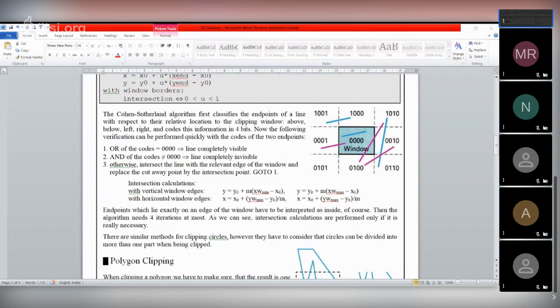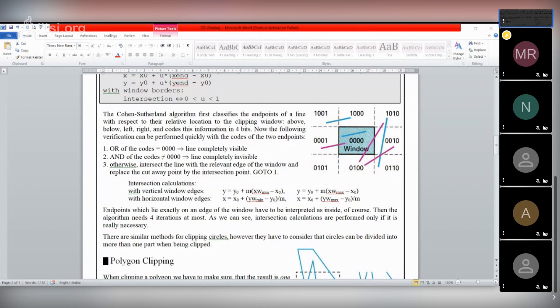According to this figure, this is the right region, as well as the top region. That means the top or above position, the first bit, should be 1, and for getting this right region, that bit should be 1.